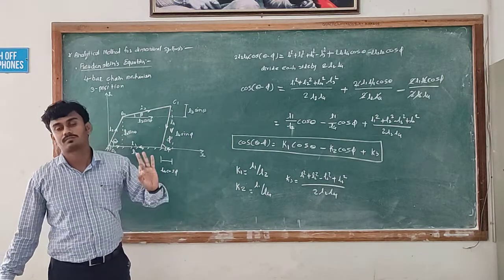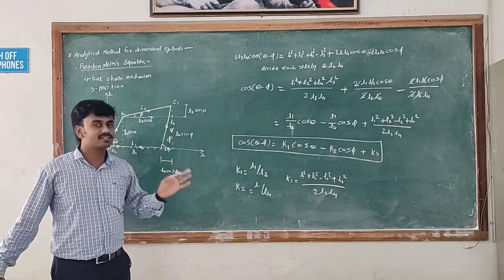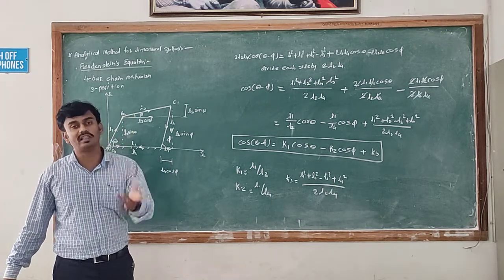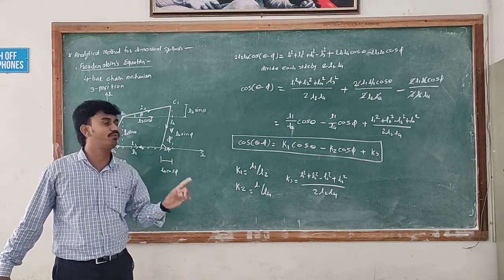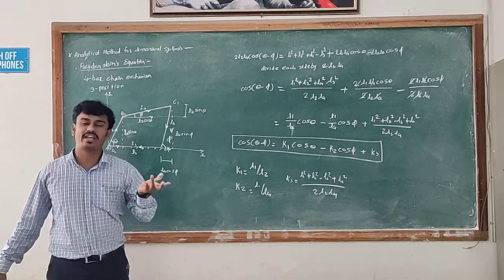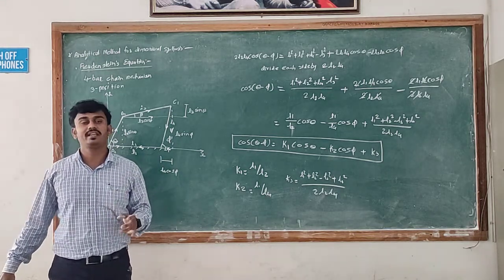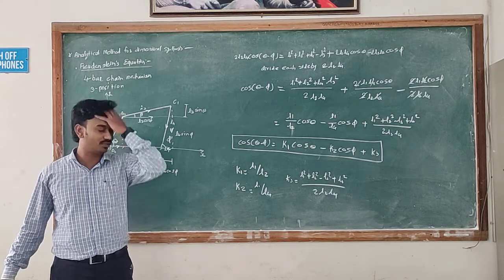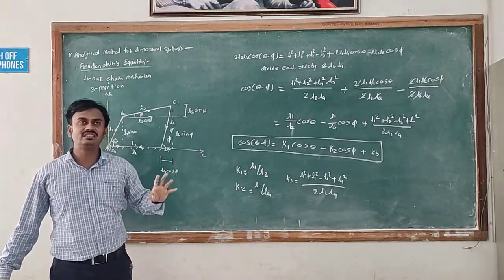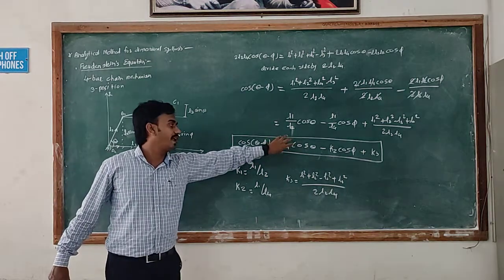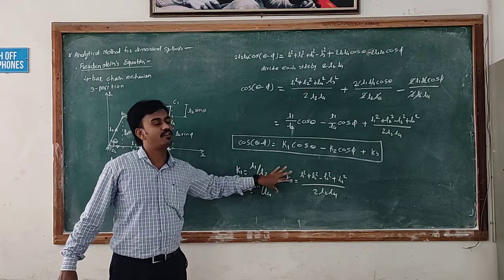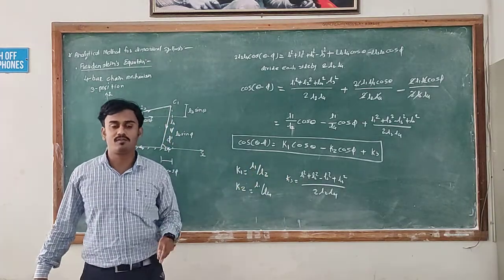Okay. Here there are 3 unknowns and 3 equations. If we solve these equations, we will get the values of K1, K2, K3. In our problem statement the length of any one link is given, either the length of the fixed link or of the crank, and using the values of K1, K2, K3 we can find out the values of L1, L2, L3 and L4.